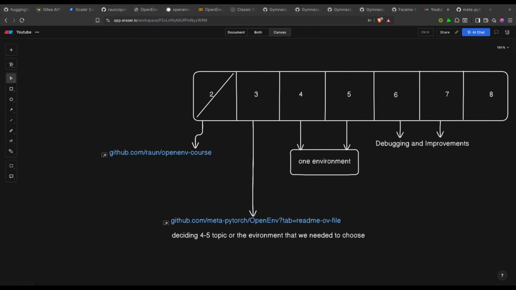But we have to create only one environment, and if I were to show it live, then there is no point. Overall, my main goal was to make you understand how you can think through the whole process, how you can use AI in your workflow, and what your role is.